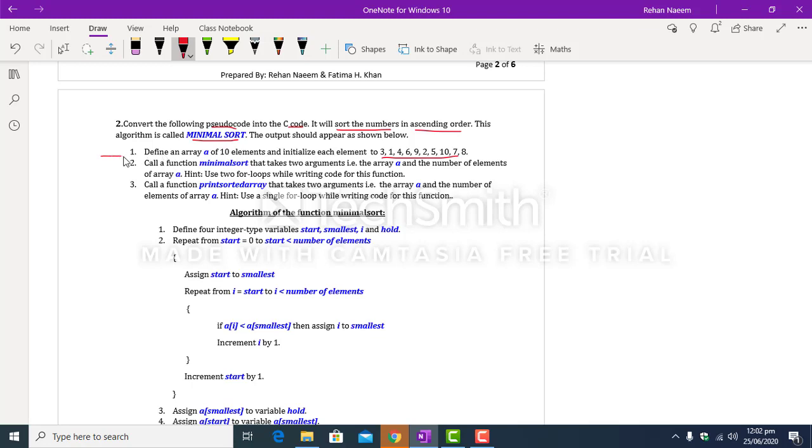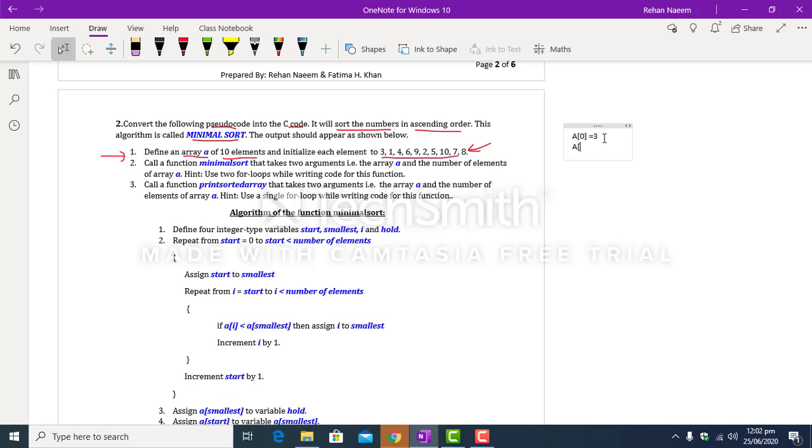So in the very first step, step number 1, you have to define an array A. The name of the array is A with 10 elements, and each element should be initialized to these values. So for example, the value of the first element of array A will be 3.